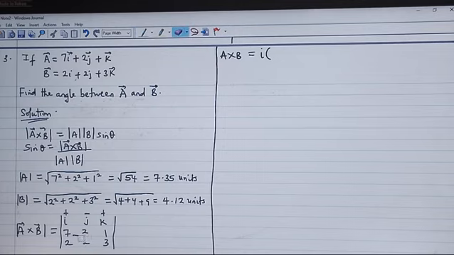If you are using i as the multiplier, you have to block that i column. So blocking the column, we have j and k remaining, so we say 2 times 3 minus 2 times 1. This is for i, minus j into